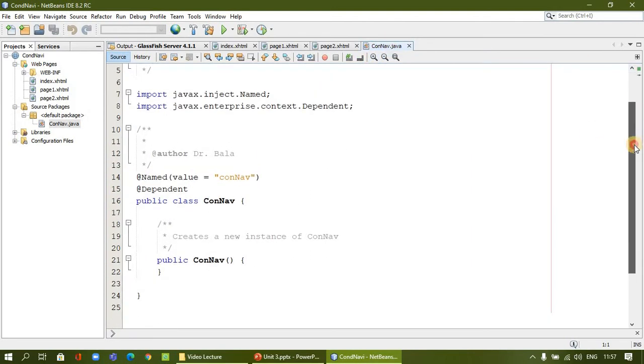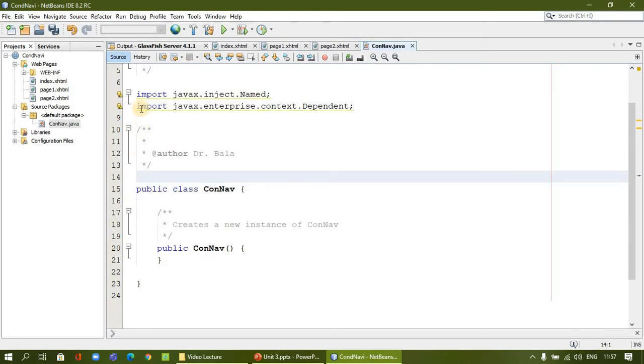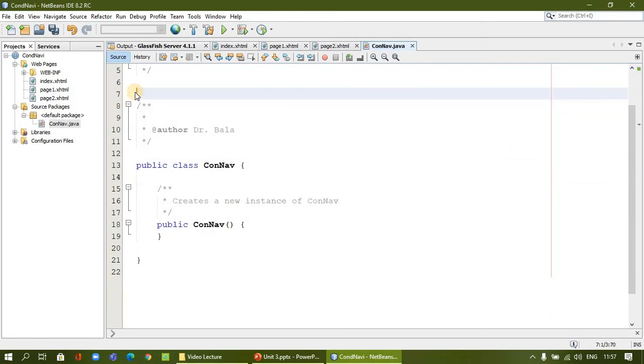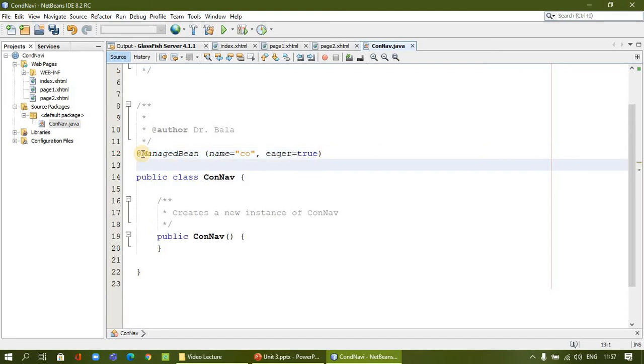In this, you know that we have CDI here, remove the related code and imports, and we are going to say @ManagedBean with whatever name you want. I'm going to say, for example, co, and we are going to say eager=true in order to get immediate activation for the scope.